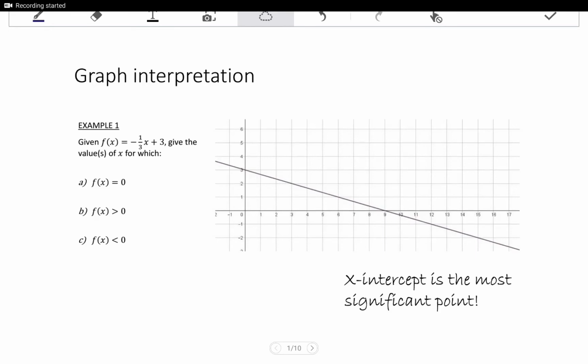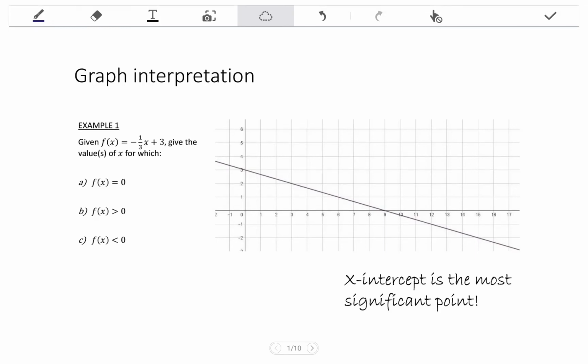In this video, we are going to revise graph interpretation of linear graphs. So, going straight into an example, it says given f of x equals negative a third x plus 3. So, you are given the function there and you are given the graph. Okay, give the value or values of x for which, and then we have these typical types of questions where